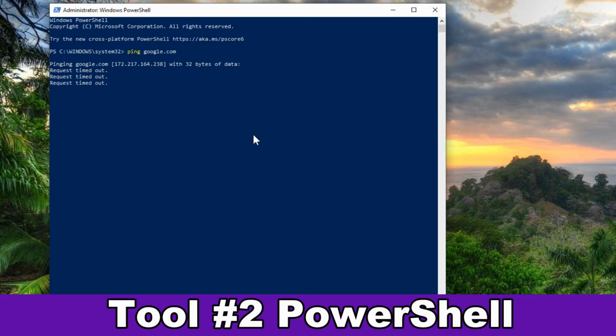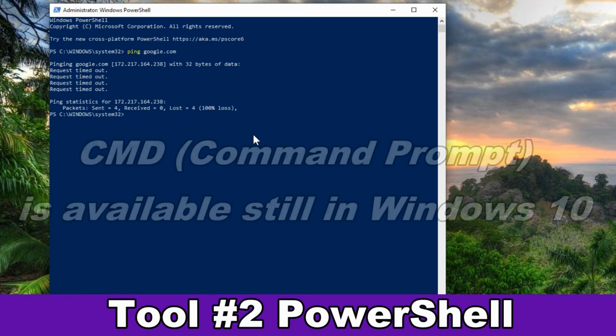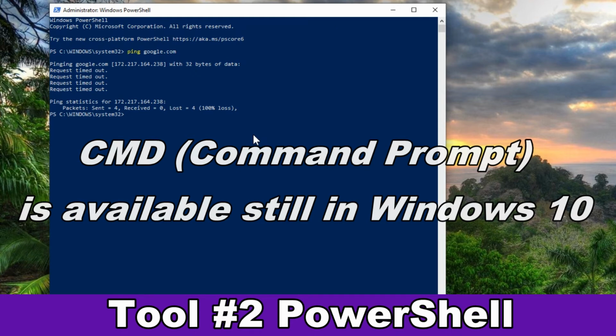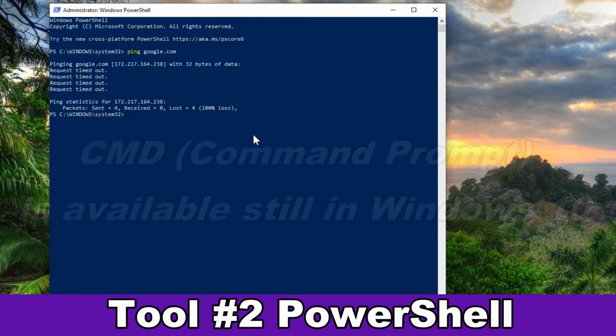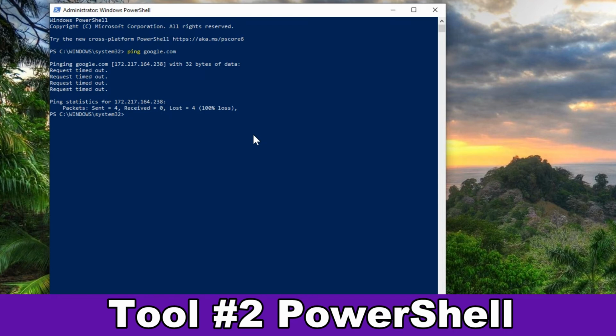So anyway, there's a lot of other utilities and commands that you can run through the Windows PowerShell. Anything that you could do in the command prompt, which we had in previous versions of Windows, you can still access the command prompt in here, but there's no need to open that since all the command prompt options can be run through the PowerShell.